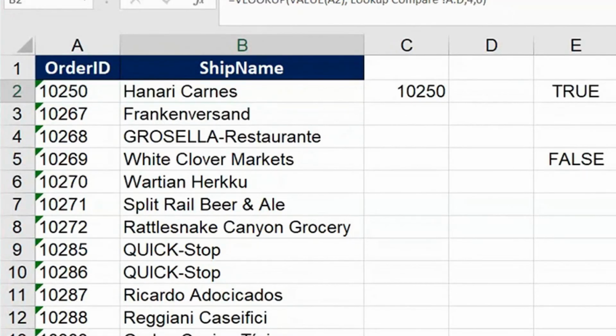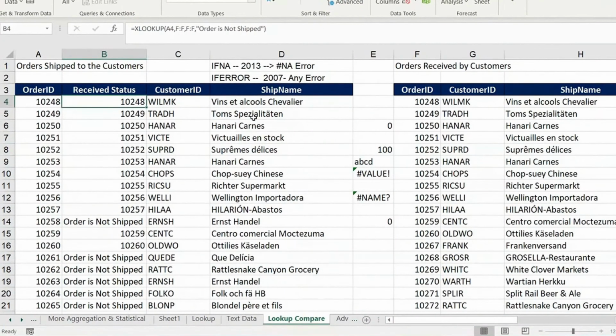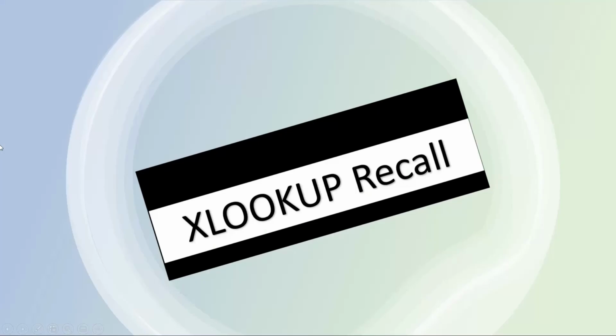Then we saw the advantage of VLOOKUP in comparison, right? Where I can compare two tables, okay, and find out the difference. And I can also write IFNA and IFERROR, right? This is mainly to customize the error messages. IFERROR mainly customizes all kinds of error messages, like we saw #VALUE, #NAME, or #N/A, anything. IFNA is mainly when you want to customize the N/A error messages, which come with lookups mainly, and other functions also bring N/A. Even IFS also brings N/A, like that, so many functions bring N/A. So if you are customizing N/A errors, you go with this, right?